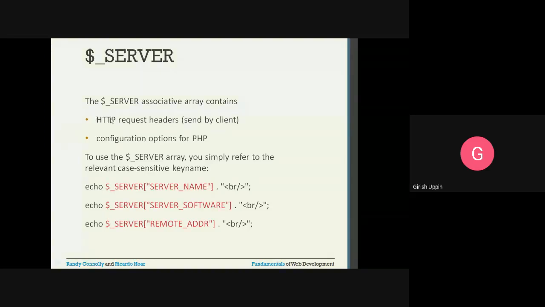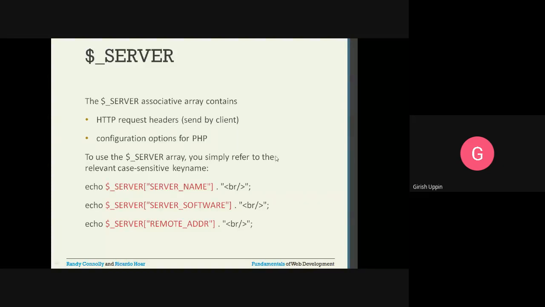The $_SERVER associative array contains the HTTP request headers, whatever is sent by the client. Whatever information is embedded in that particular header, we can access. Then the configuration options for PHP, we can access.